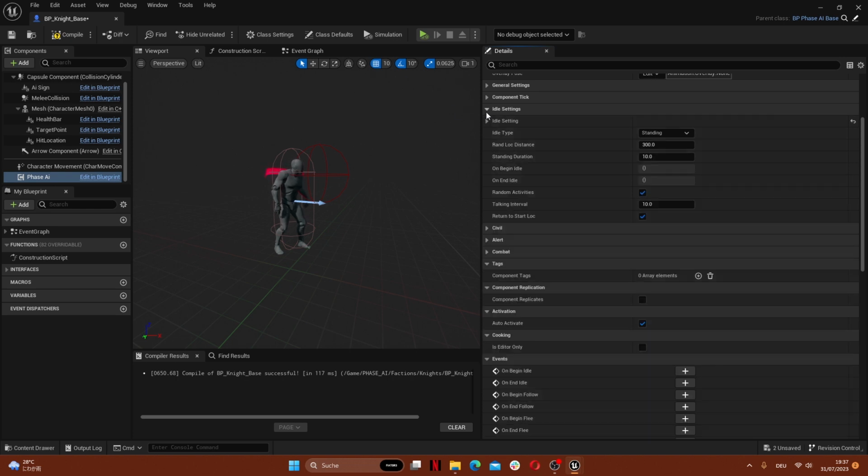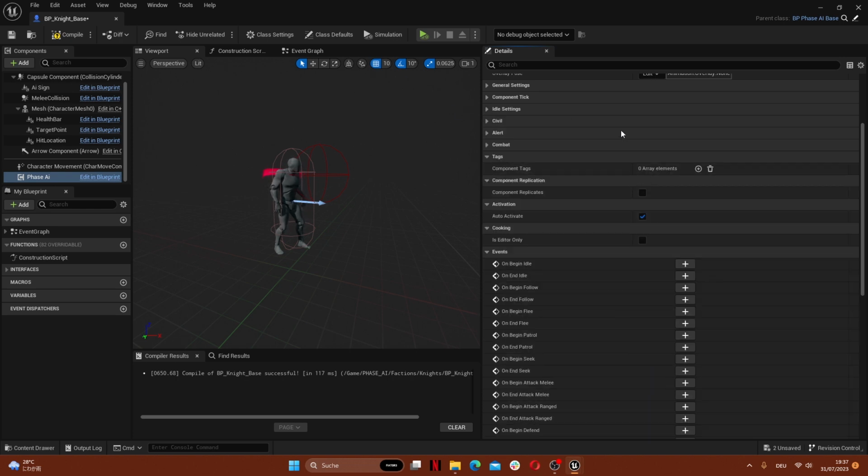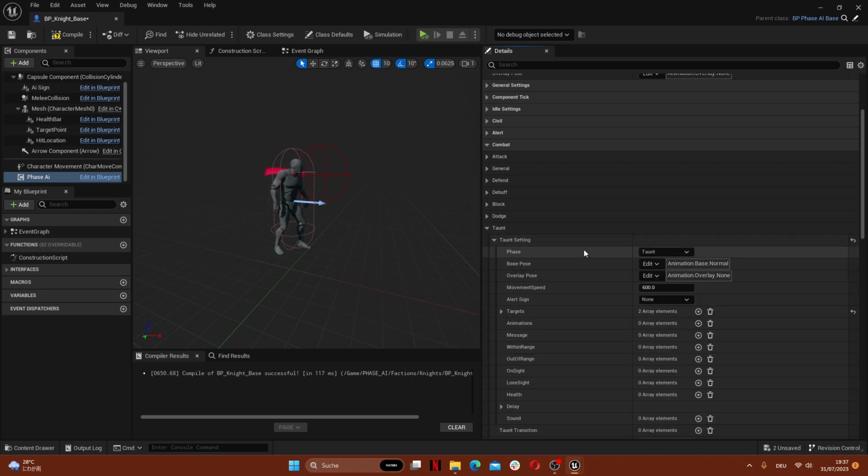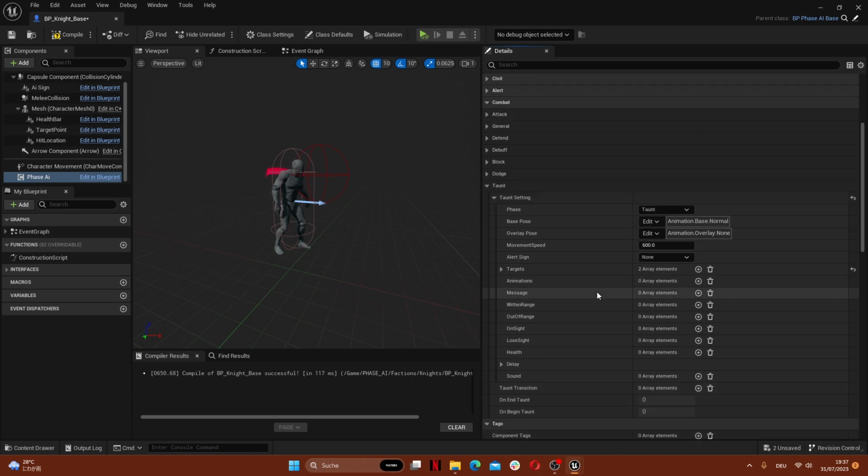So that's what I like to do, by the way. I go after it through the motions, right? So if he sees this, he goes there. So I set up next taunt. I set them up one after another, how they would be called, right? So taunt, the way taunt is set up at the moment in the ability, in the behavior blueprint, is it